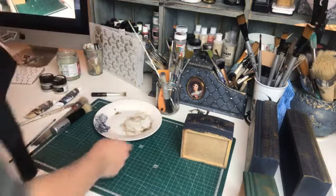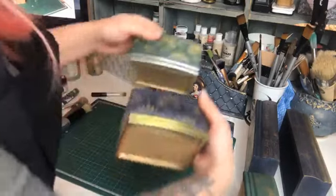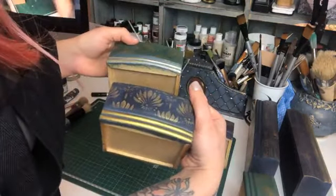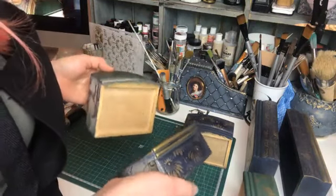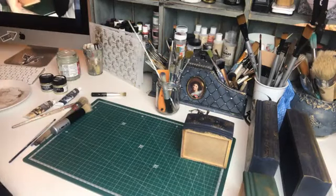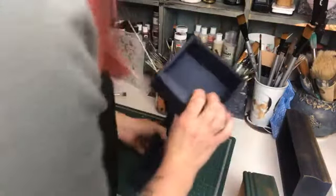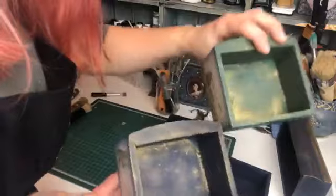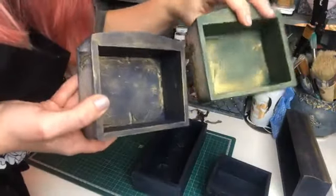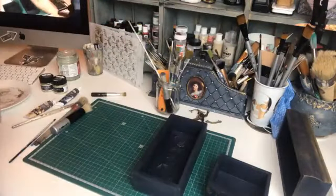Hello. Right, now we are ready to move on to our Sparks paints. So, in fact, should we get all of the waxing done, all of the gold wax out the way, and then we'll do the sparks. Right, we needed to do the insides of our drawers. So I've already done the insides on the blue and the green, the ones that I did earlier today. And so to do that, I literally just